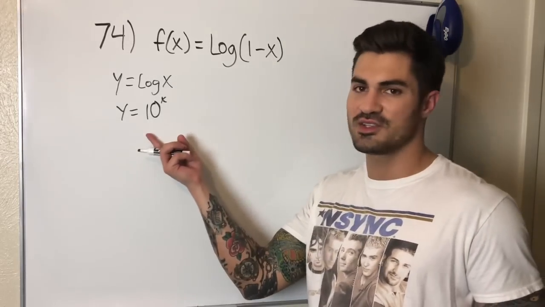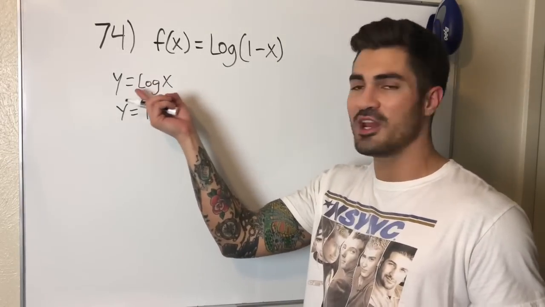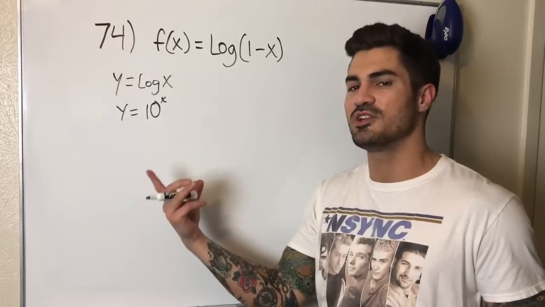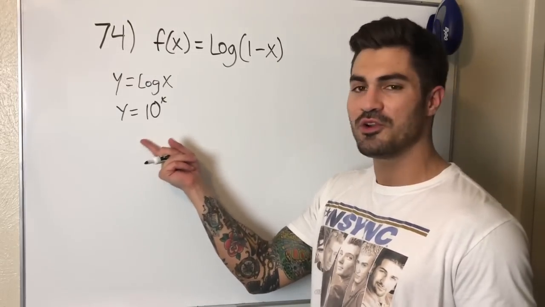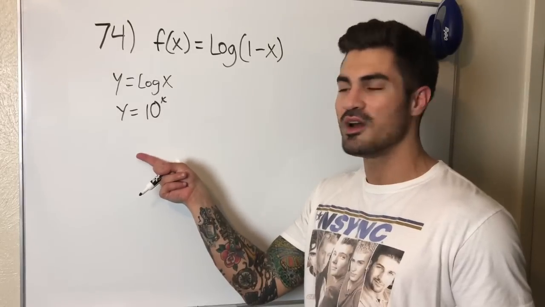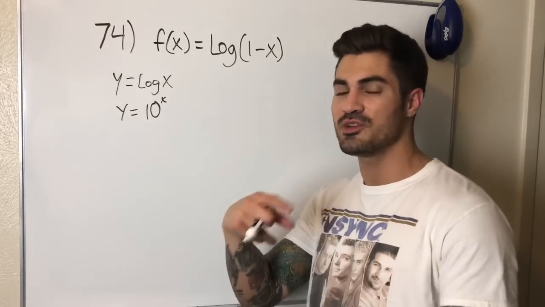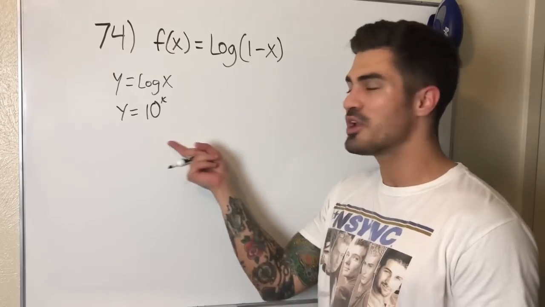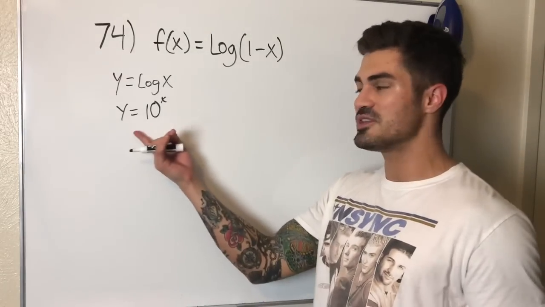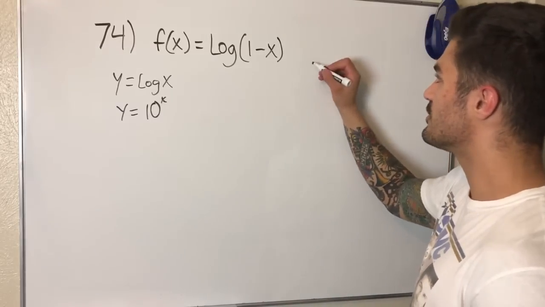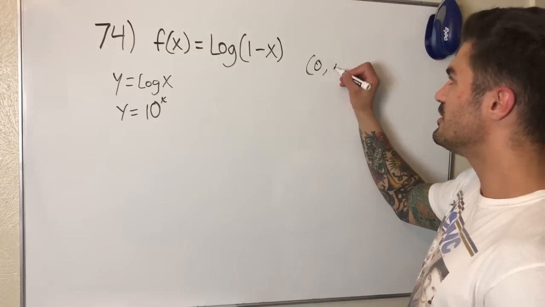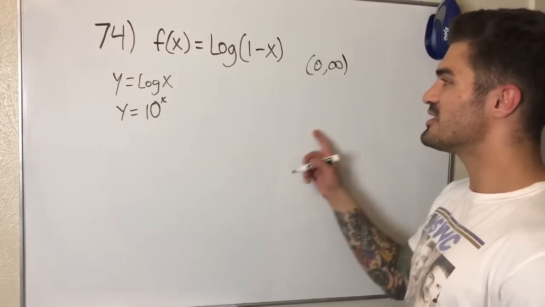What about the range of this guy? Because that's what we're looking for, the domain of a log, which is the range of this exponential. What is the range? Well, can this ever equal 0? This can actually never equal 0. I plug in 0, I get 1. I plug in a negative, it flips to its reciprocal, but it's still not 0. I plug in a positive, it gets bigger. This can never be 0. So the range of this is actually from 0, not including 0, to infinity, which means that that's the domain